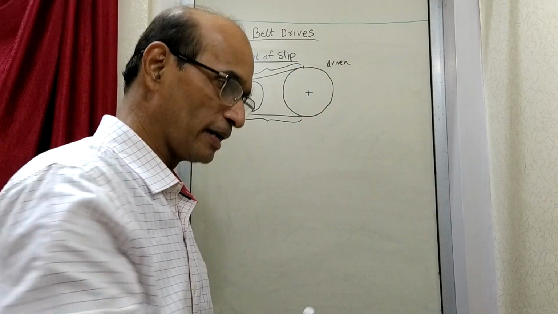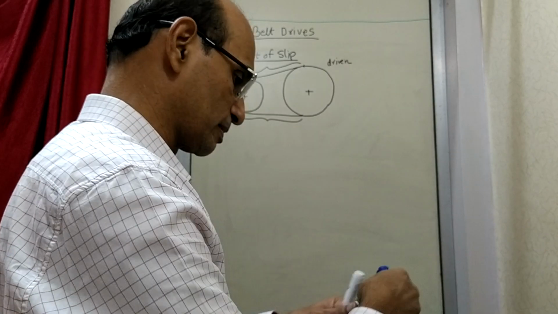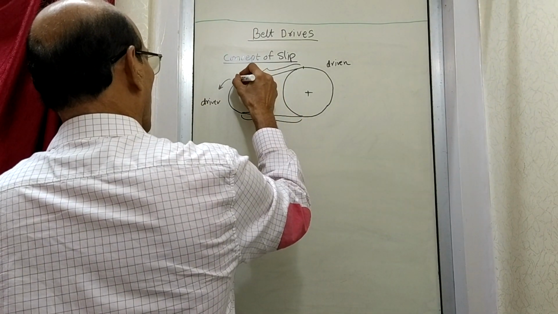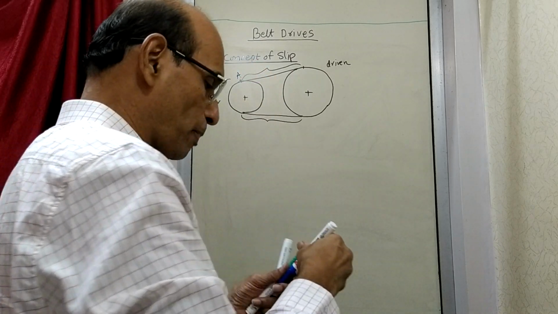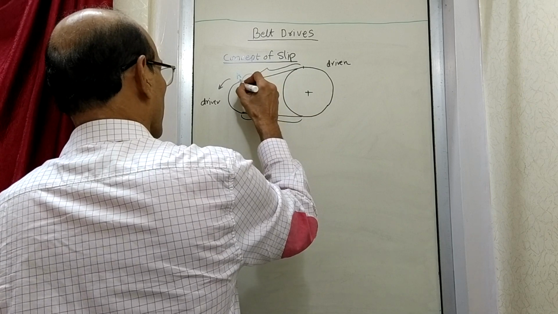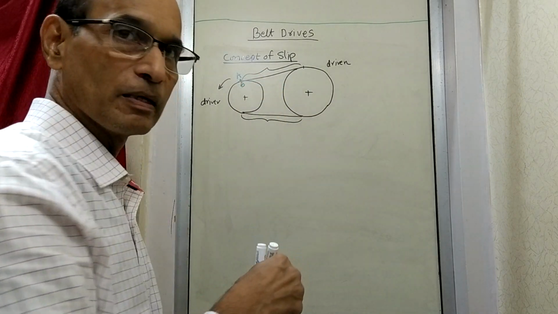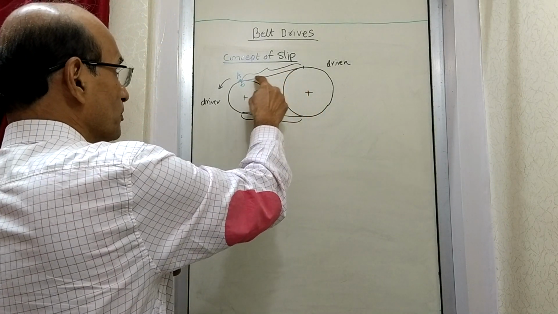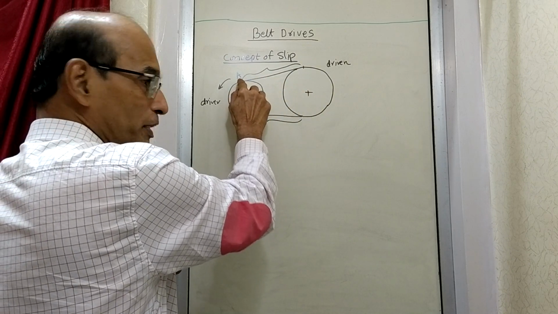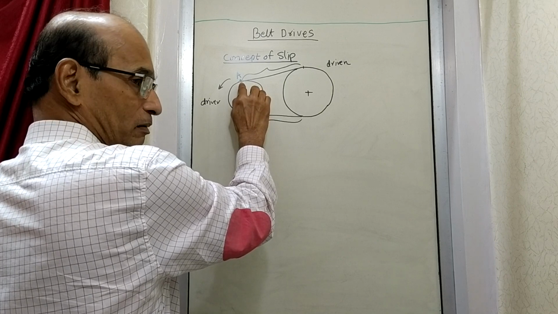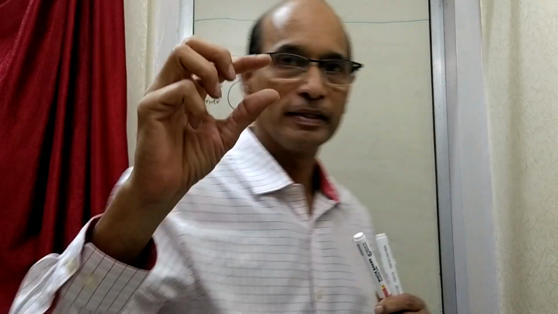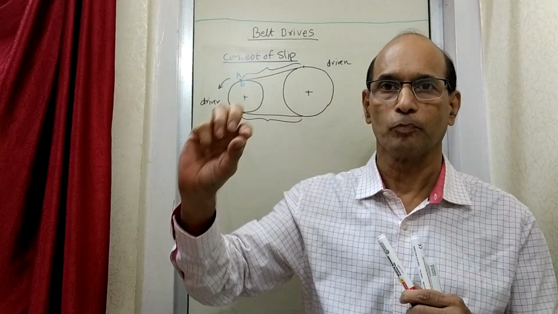Now suppose I write like this. There is a point A on the belt, and here there is a point B. So there is a point A on the belt where it comes and touches the pulley. Point A is here, it has touched the pulley for the first time, and the point below that on the pulley is called B. So A and B are the 2 points in contact. A is on the belt, B is on the pulley.